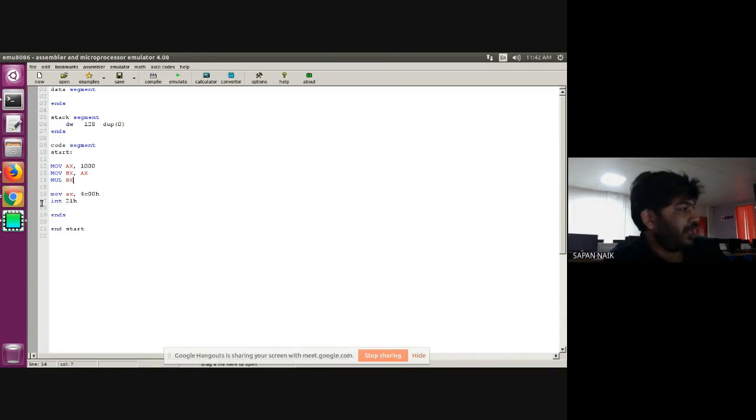If you go through the MUL instruction of 8086, by default your AX or AL is one operand and the other operand is what you write. Currently my BX will multiply with AX because it is a 16-bit operation. If I had written BL here, it would multiply with AL.